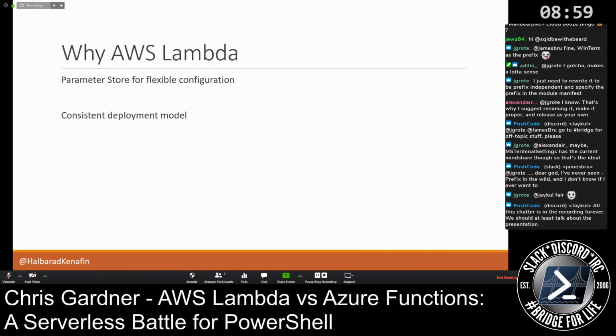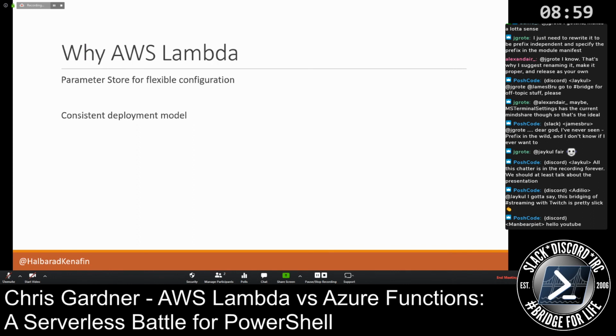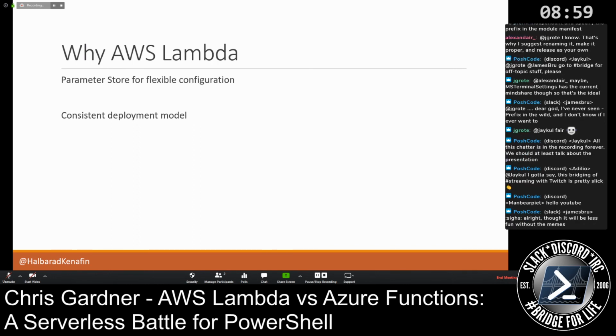You have a consistent deployment model. So while functions are great and I can deploy them in like half a dozen different ways, the fact that I can only deploy a Lambda in one way means that if my deployment from my dev machine to Lambda fails, I know it will also fail my CI/CD pipeline because I'm using the same thing, or it's probably going to fail for the same reasons. So you're testing your CI/CD deployment model in the same way by just doing normal dev work.